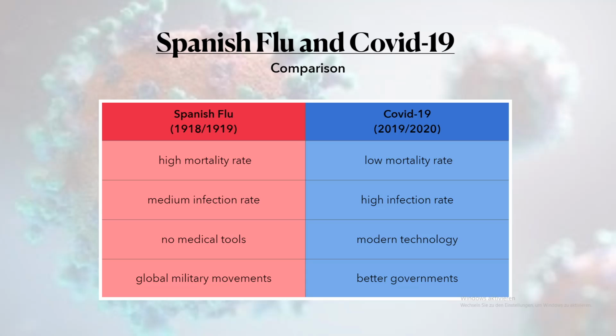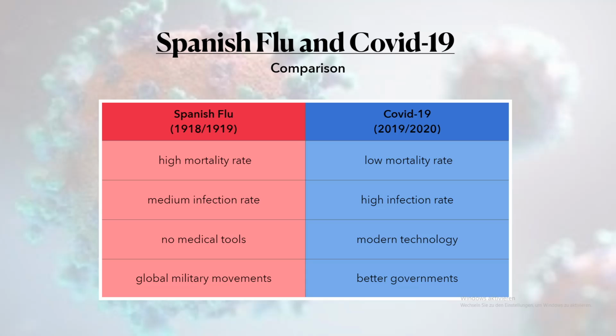Then we have to compare the social situations where the pandemics took or take place. The Spanish flu raged about 100 years ago. At that time, medicine was not that advanced as today. We have so many more possibilities and science works really fast today. So cures could be produced faster. This would be a big advantage for the fight against COVID-19. Scientists at the time of the Spanish flu hadn't got such technology. So the flu spread faster and couldn't be controlled.